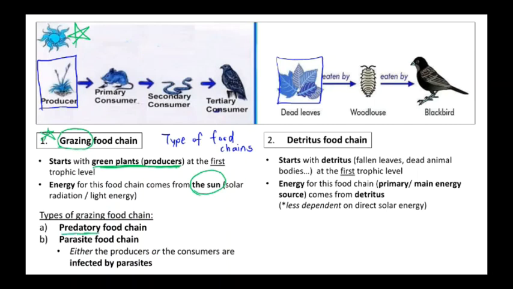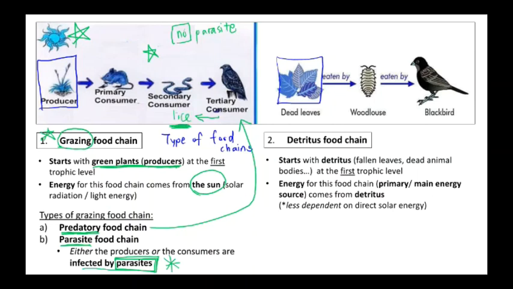The common one, we have the predatory food chain. Another one, we call the parasite food chain. How can we tell if a food chain is predatory or parasite? It all depends on whether in the food chain there's the presence of a parasite. In this picture here, this is apparently a predatory food chain. Why? Because there is no parasite in this food chain. But if in this food chain it suddenly appears to have a parasite, let's say lice, then this must be